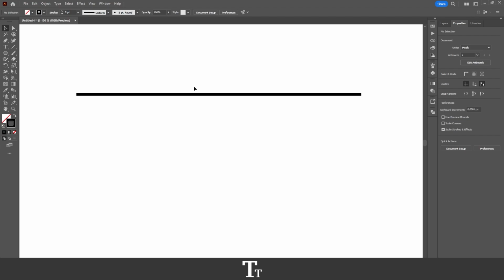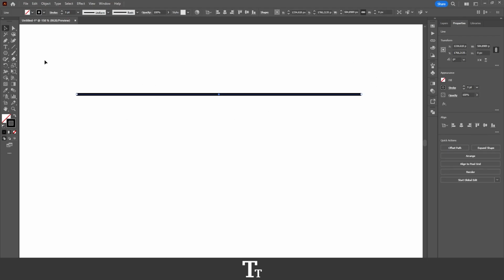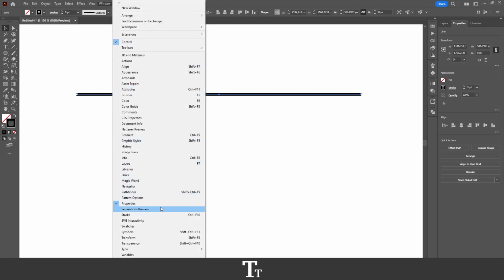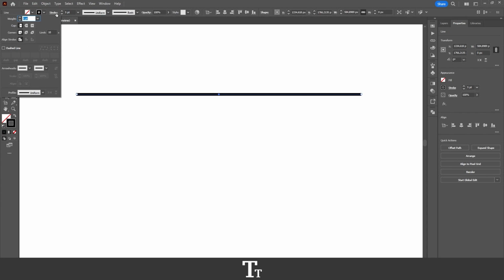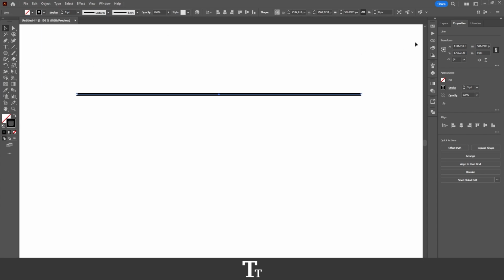Now it's time to actually create this into a dotted line. And the way we do that is by first selecting the line we have just created, just like this. Then we want to go over to the Properties panel. And if you cannot see this, you can find it up in Window and go down to Properties. You can also just press on the stroke right here in the control bar. And this is the same thing. So yeah, go over to the Properties panel or the control bar and press on the stroke right here.